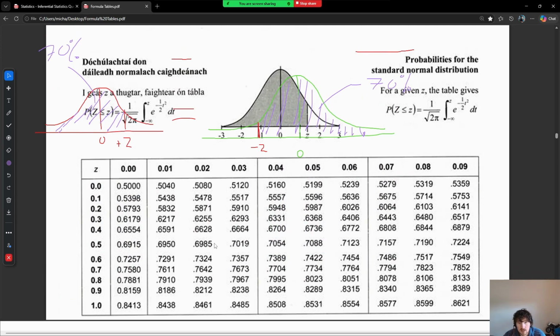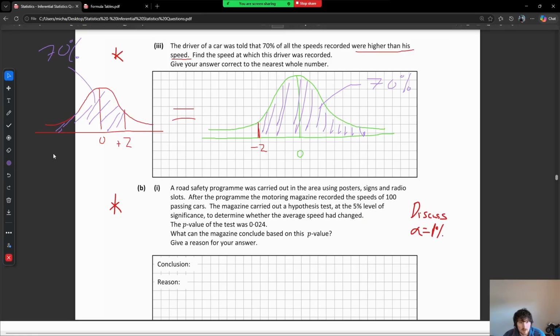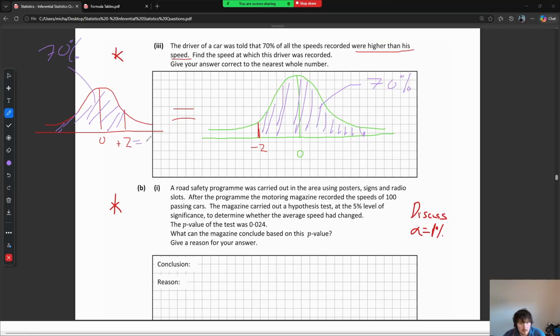It's a bit annoying, so we'll just pick this one because it's closer. You can do a mid value if you want, but there's no need. You're not going to lose any marks, you just round it. It's completely acceptable. So we're going to take this one here, and the z-score is 0.52. 0.52 has 70% of the data below it. So this guy here was 0.52,